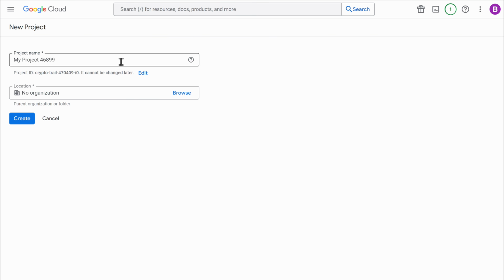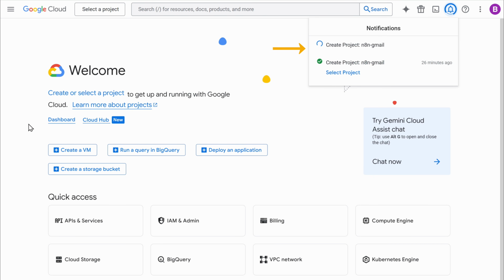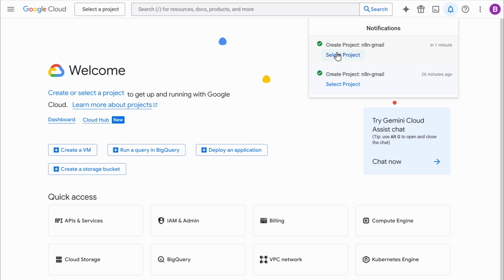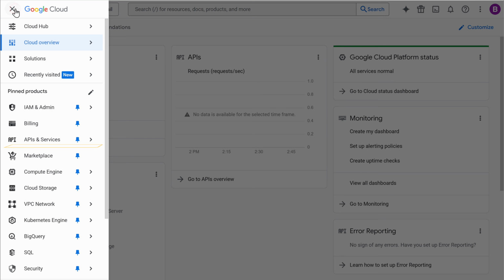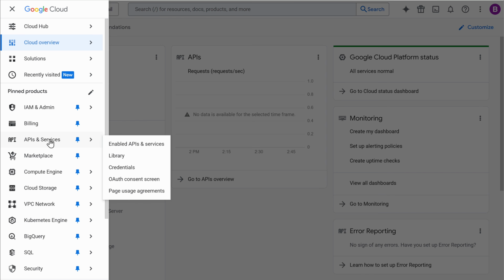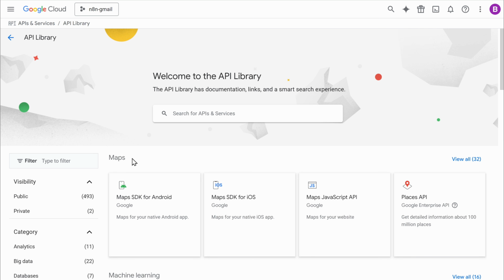Here, enter the name of your project and click Create. Once it's created, select the project from the notification. Now click here. Go to APIs and Services and select Library. Now search for the Gmail API